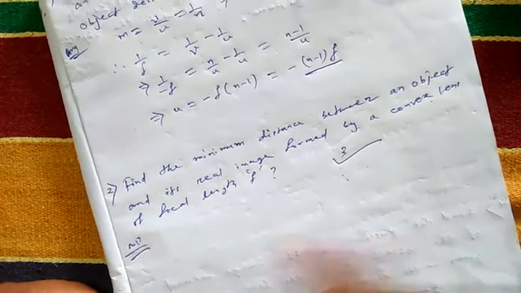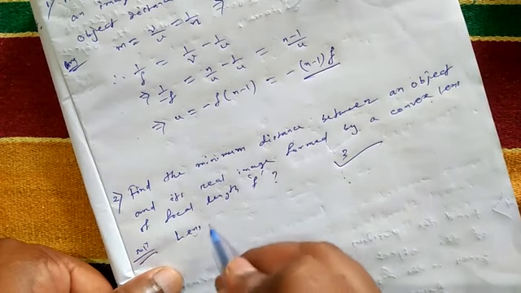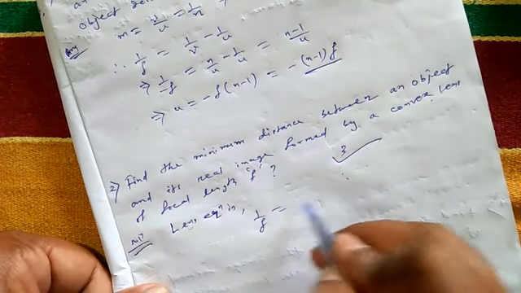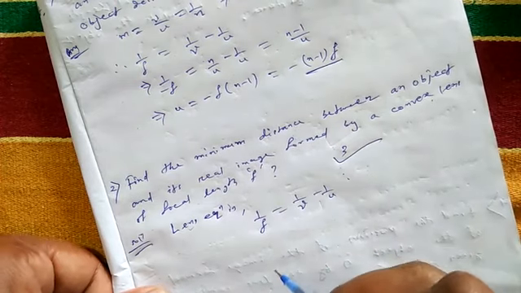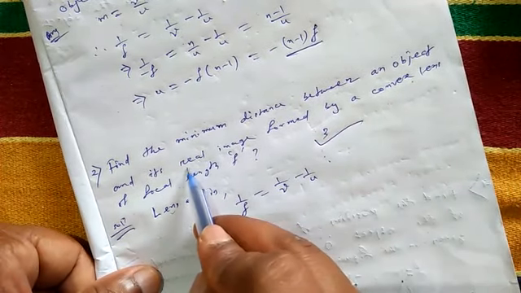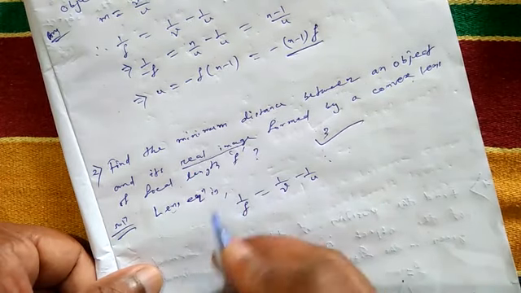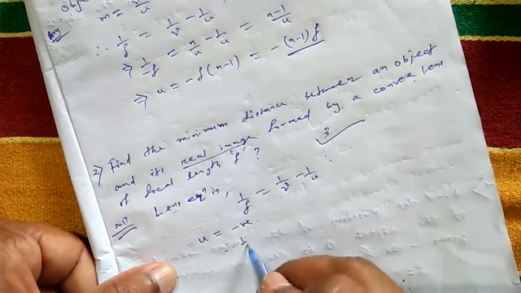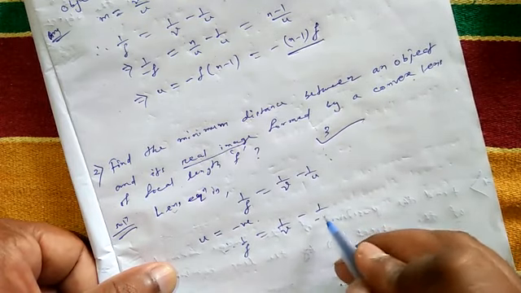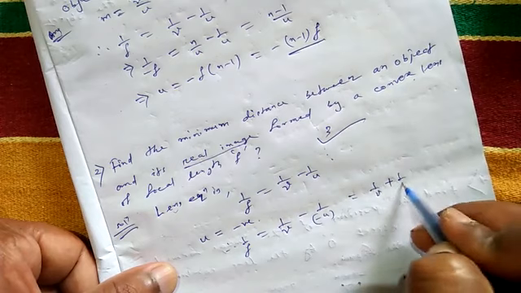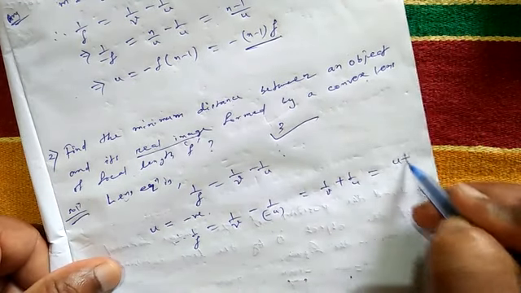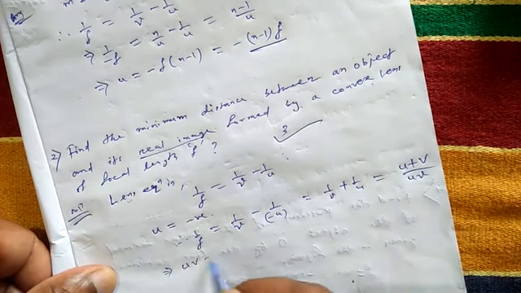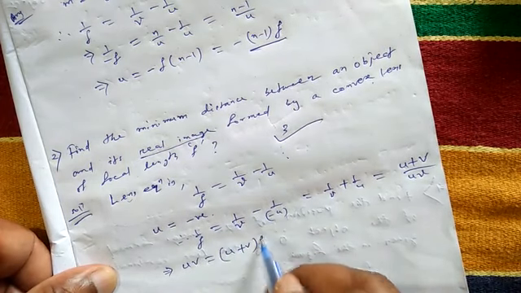So as you know, the lens formula, lens equation is 1 by f is equal to 1 by v minus 1 by u, and as we know here it is given real image, so obviously object distance is negative, here u is negative, so we have 1 by f is equal to 1 by v minus 1 by minus u, 1 by v plus 1 by u is equal to u plus v by uv, implies uv is equal to u plus v into f.